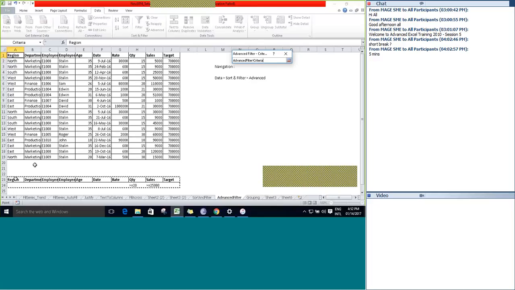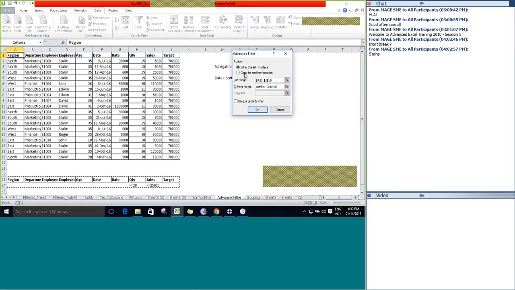It is selected now, and here click on copy to another location. Right, copy to another location. It will ask you where to copy the data. So let's provide the reference here.